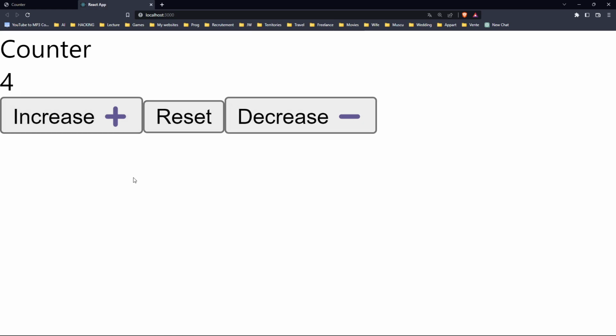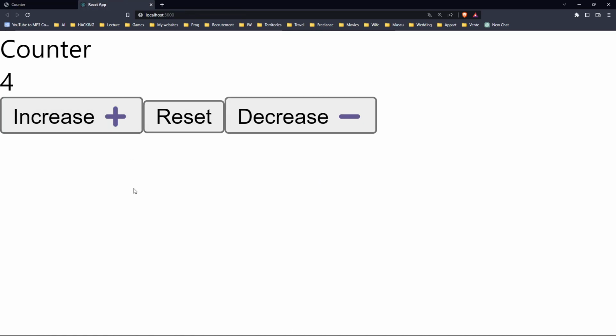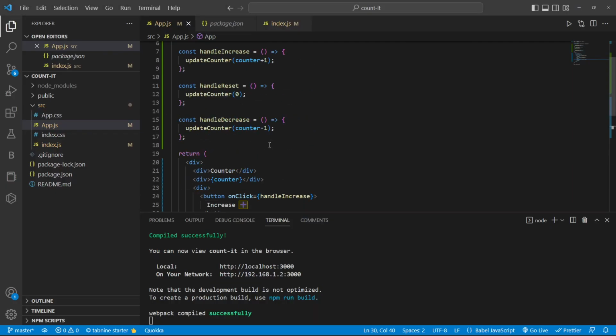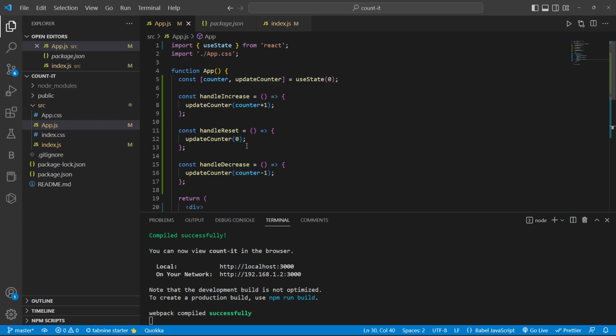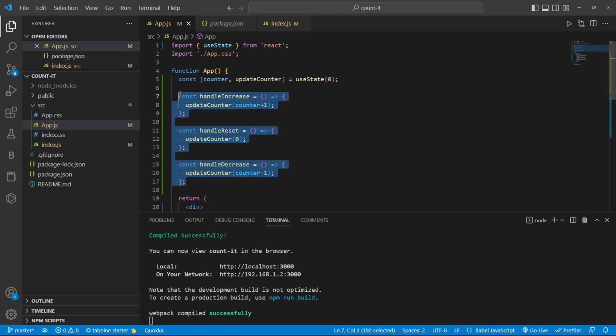So again, if you want to style it up like this one, you can. It's a very simple application to learn the basics. But in other videos, we're gonna see how to upgrade this style of applications, and hopefully I didn't scare you by using some prototypes or